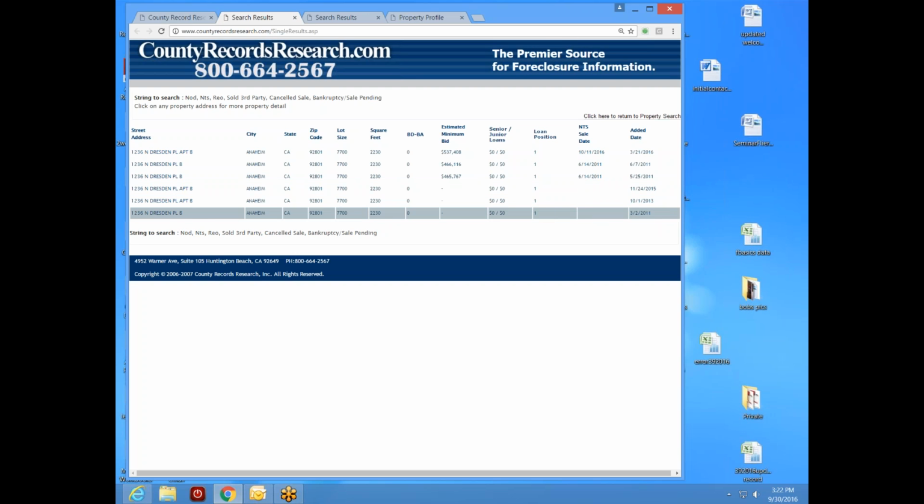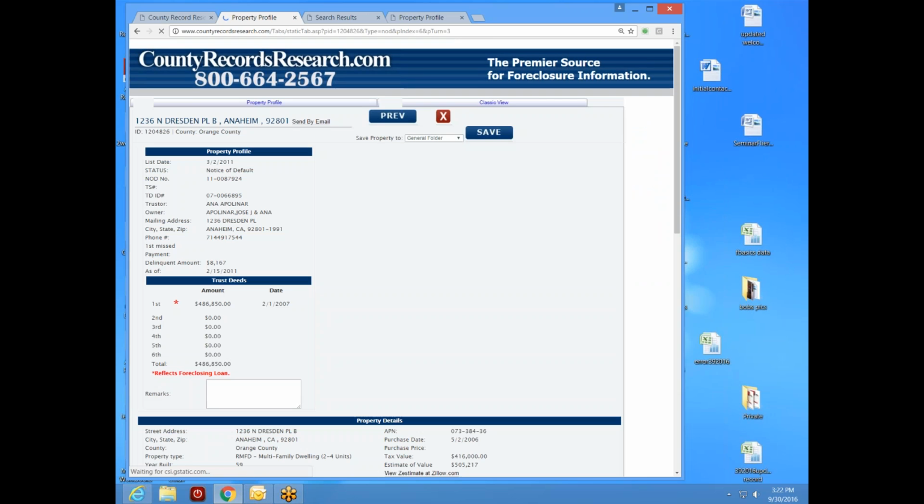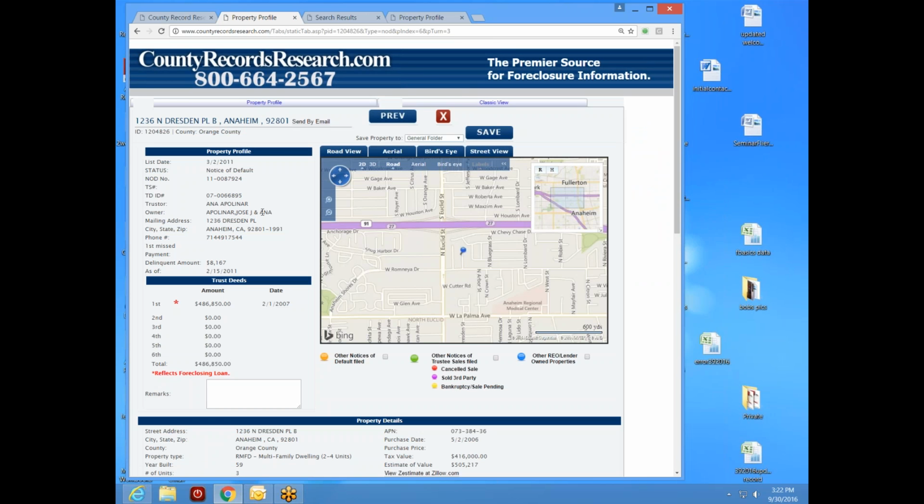Okay, so if I go back to my very first notice of default on the property, we see that now the ownership hasn't changed really. Okay, Anna was the trustor from the beginning. She added on Jose. So that's pretty straightforward. They're just not making their payments. Okay, so this is an opportunity, I would say,